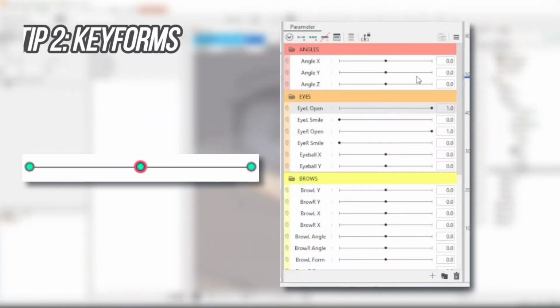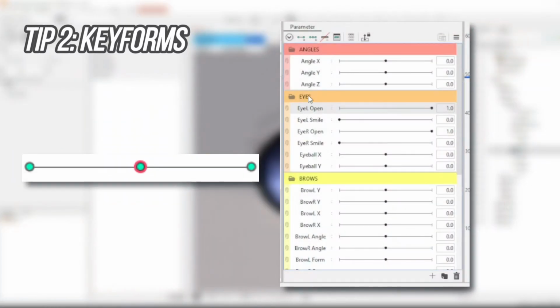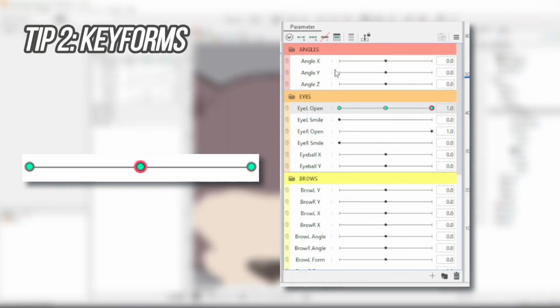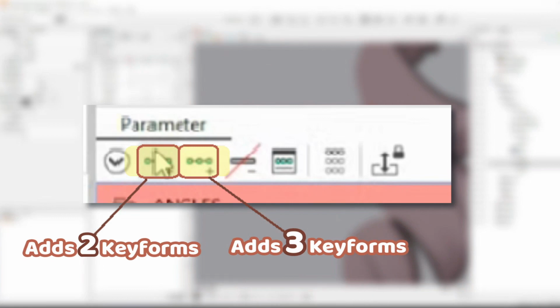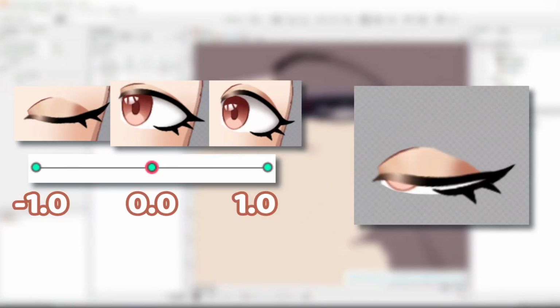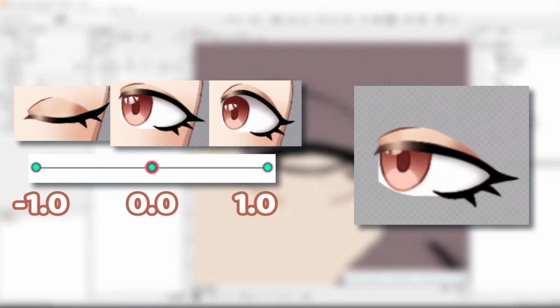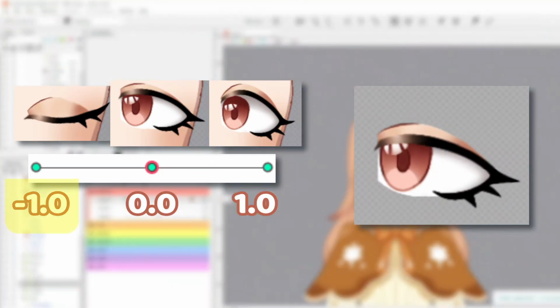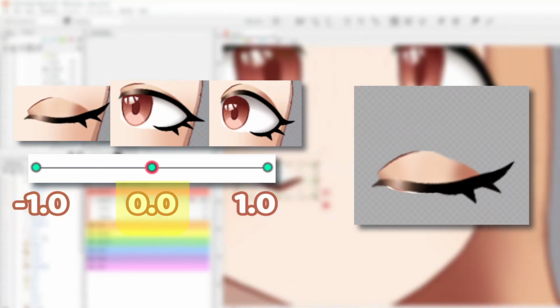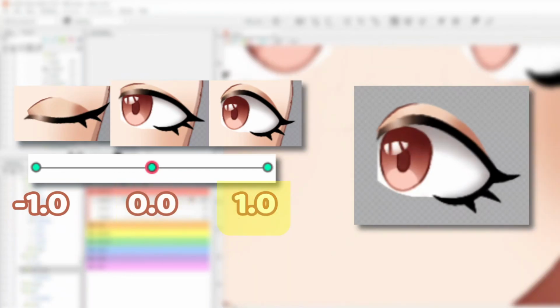Next up is keyforms, and they allow you to actually save the animations that you make. You need to remember to click on either of the green dots at the top of the parameter panel in order for the animations to set. I have made an eye keyform chart just as an example to show you what I'm talking about. As you can see, -1 is the eye closed, and 0 is the eye open, and then +1 is the